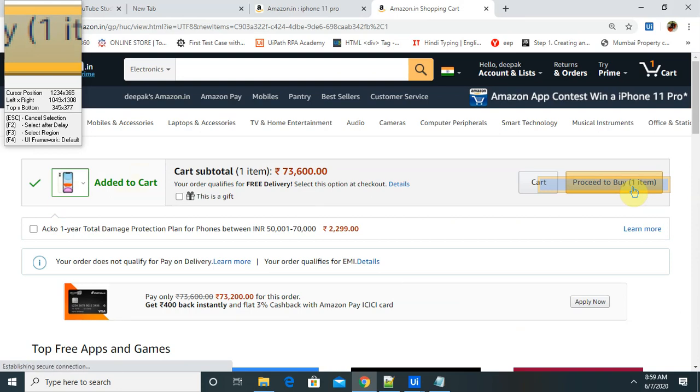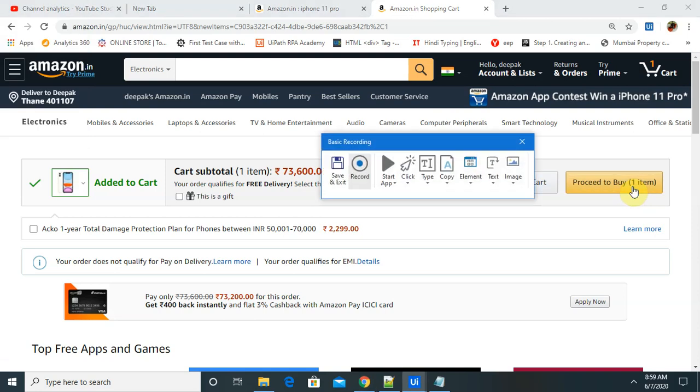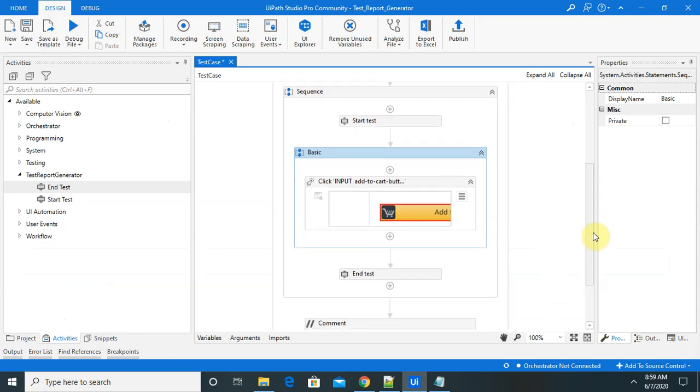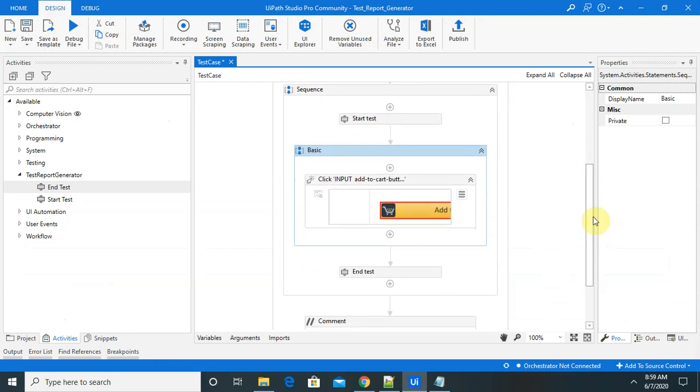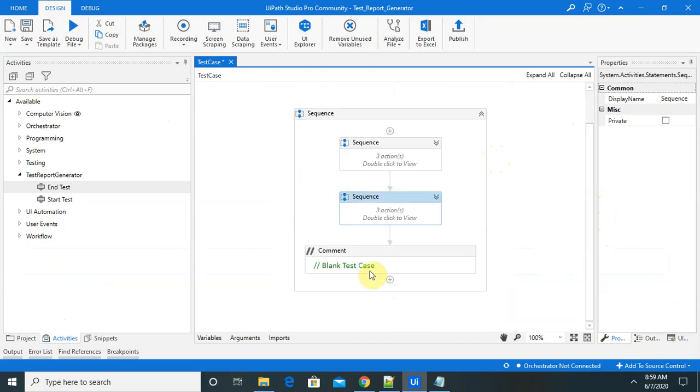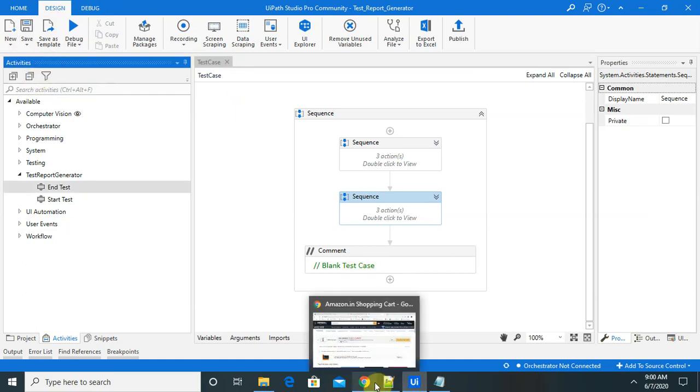Once the addition of cart is done, I will skip that and will click just save. So this will become my second test case. Here I will also minimize that and see all my workflow and start executing.